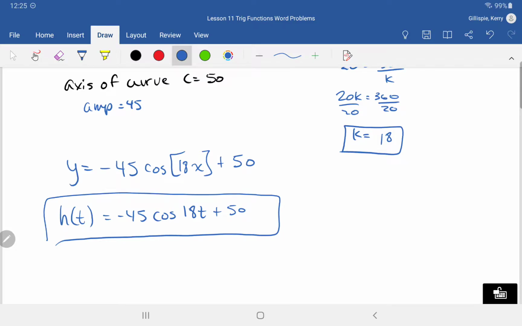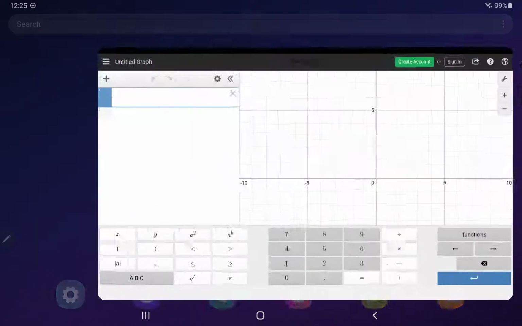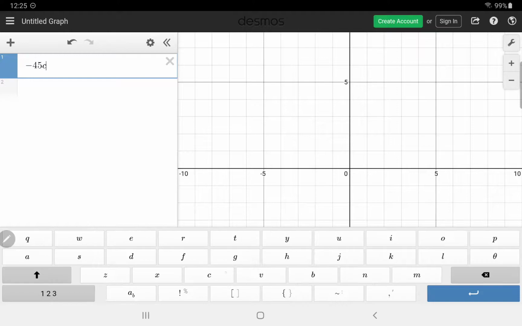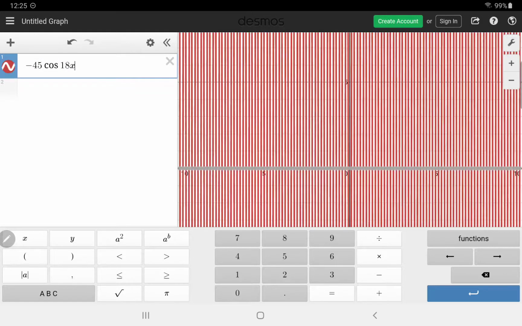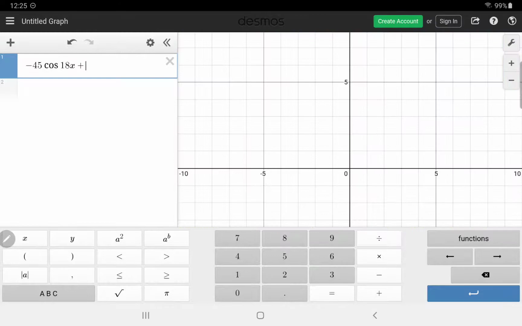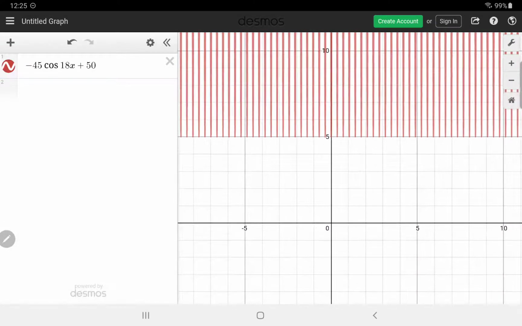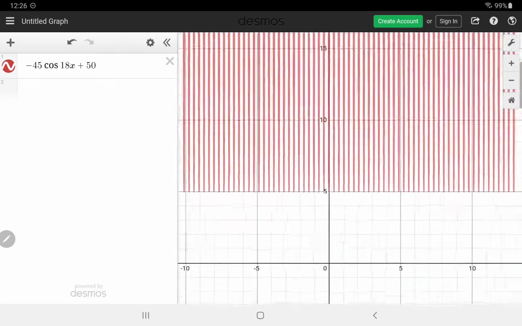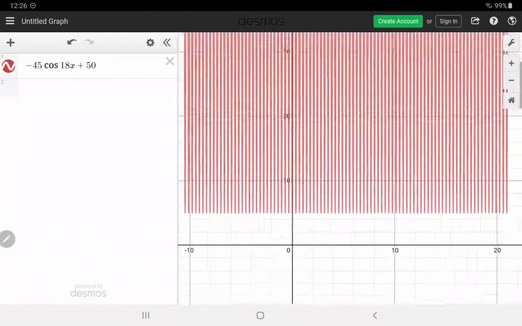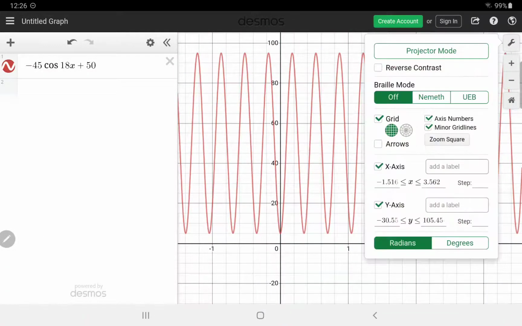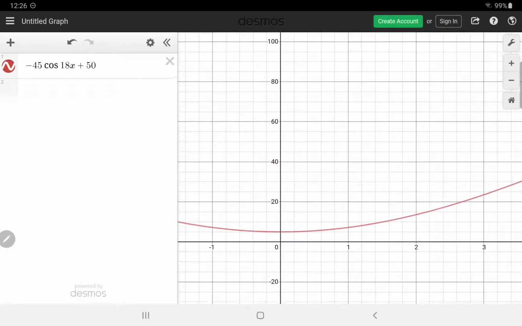Okay, let's put that over on Desmos just to make sure that it makes sense. So we've got negative 45 cos of 18, Desmos uses x, and we added 50 for the axis of the curve. This is going to look really crazy. It looks like they're doing a whole bunch of rotations on this wheel, but it's because we're not in degrees. We have to change to degree mode, and there we have